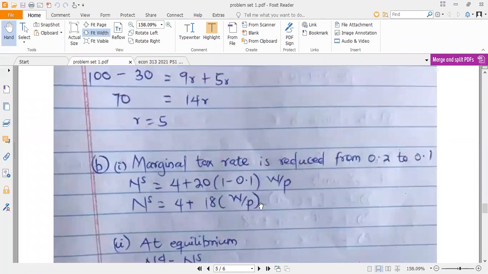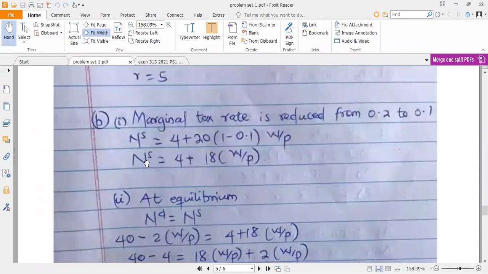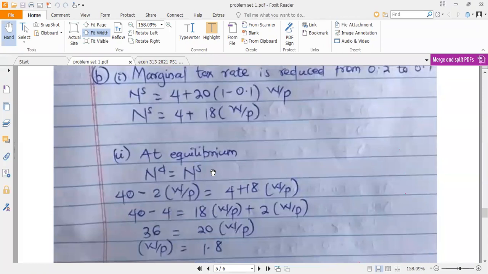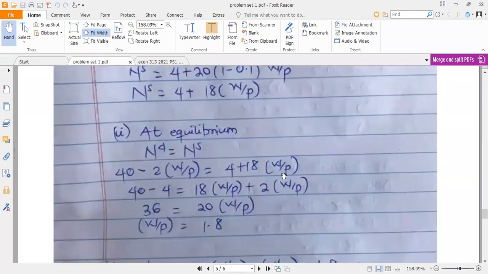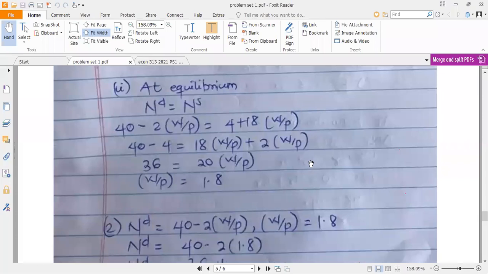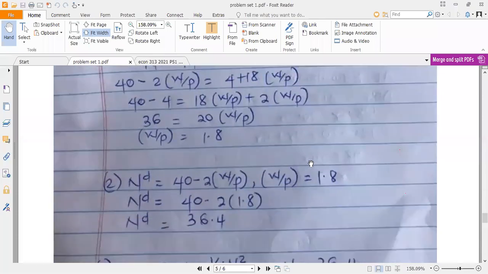To get the new equilibrium, we equate this new labor supply function to the old labor demand function. There was no change in the labor demand function. So equating the two, we have a linear equation in terms of the real wage. Solve for the real wage, and we get 1.8. Whenever there's a reduction in the marginal tax rate, it causes a reduction in the real wage. So now the real wage is 1.8. So if you want to find your new N,